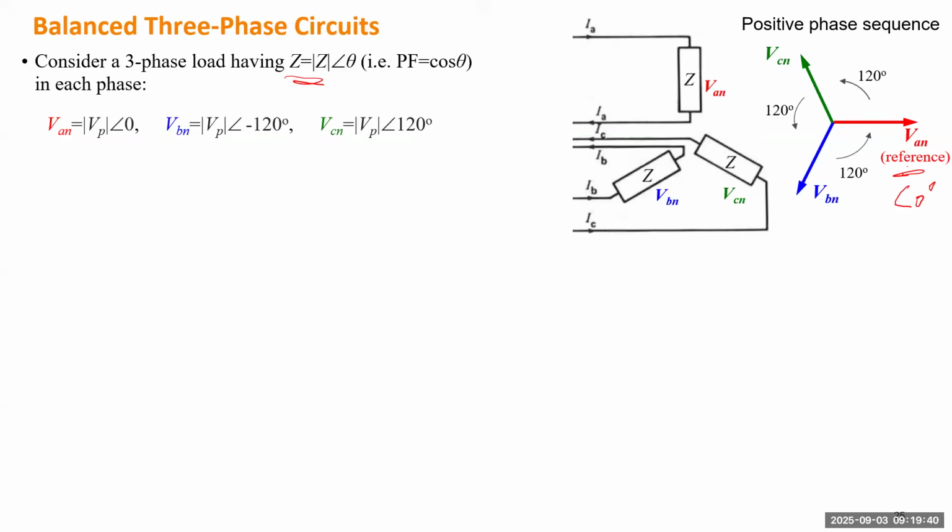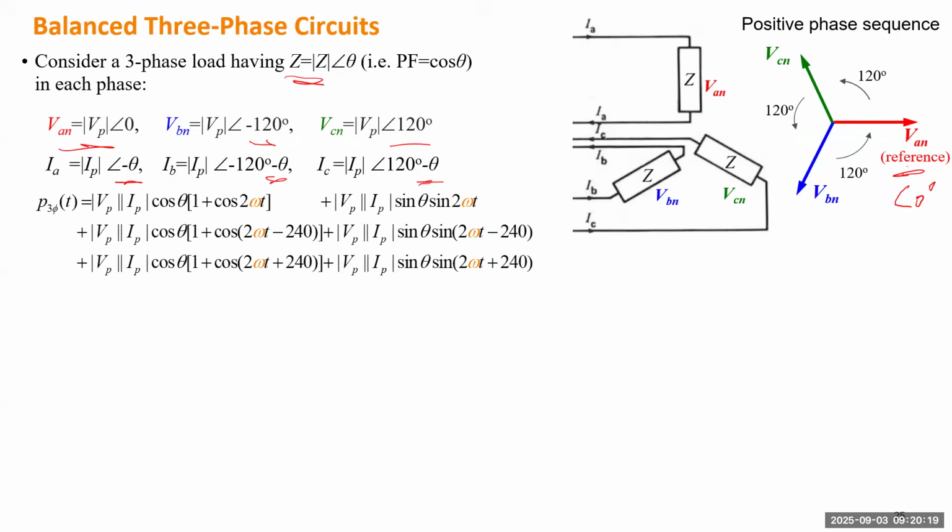So then we can write down the phasors for all the three phases, because we use phase A as reference. So that will be 0 degrees, and B will be negative 120, and C will be positive 120. Because we know the power factor angle, the current for each phase will have a power factor angle lagging the corresponding voltage. So IA will be negative theta, and IB will lag VBN by theta, and similarly IC will be lagging VCN by theta.